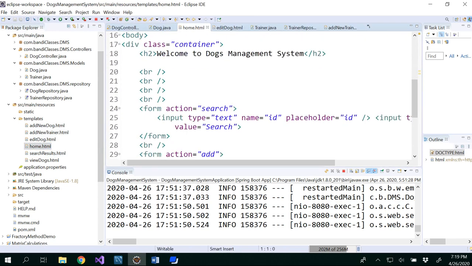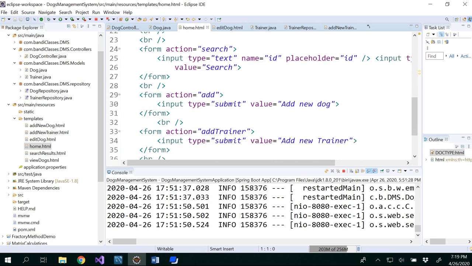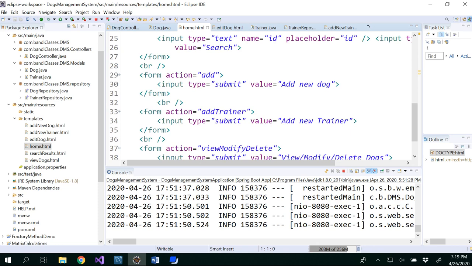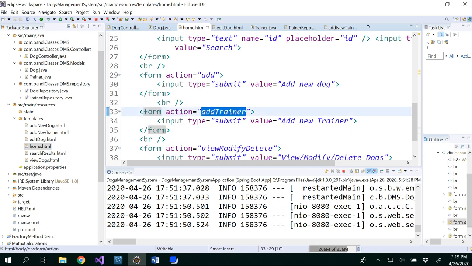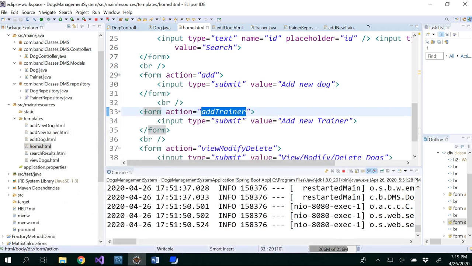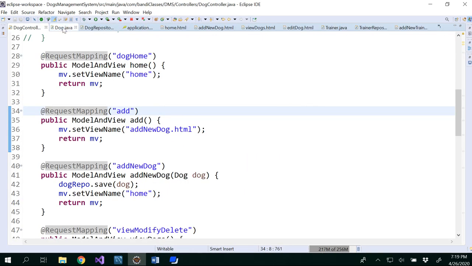Previously we had search, add, which is add a dog, and view, modify or delete. Now we are going to add trainer, okay? So that's why we have that submit button here. So add new trainer belongs to this action called add trainer. So what we will do is now we have to write a controller method to add a trainer. So let's go ahead to our dog controller and